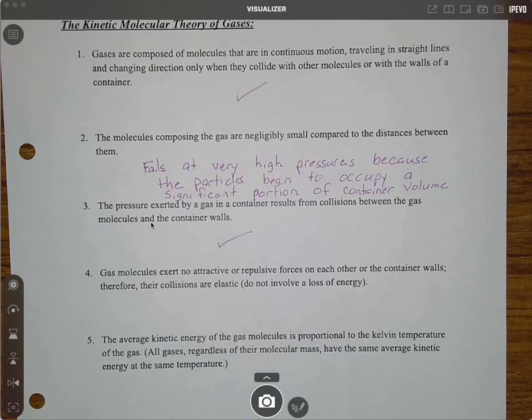Sometimes gases, however, can turn into liquids. Imagine water vapor, for example, condenses onto your glass of lemonade. It got too cold and the particles began to stick together. And every gas has kind of a threshold temperature below which the particles begin to stick together. And that's why we can have things like liquid nitrogen, dry ice, which is solid carbon dioxide. If you get the particles moving slowly enough, they can actually stick together instead of bouncing off of one